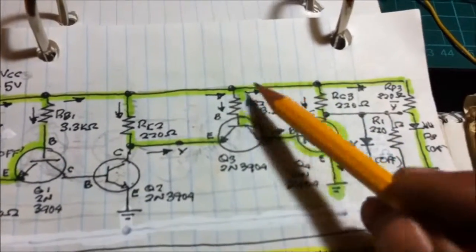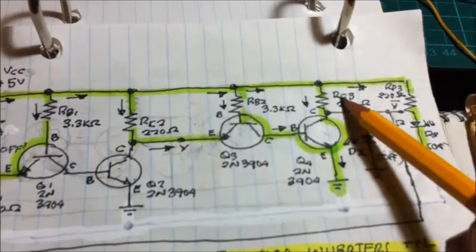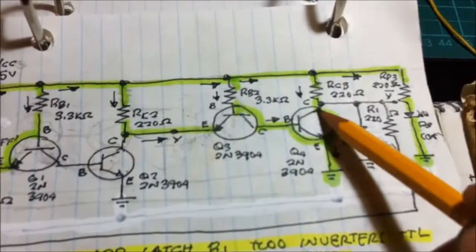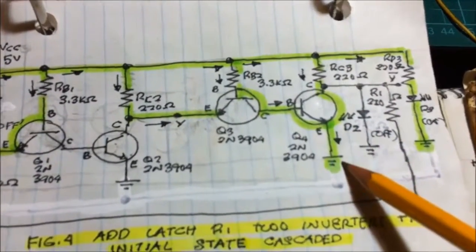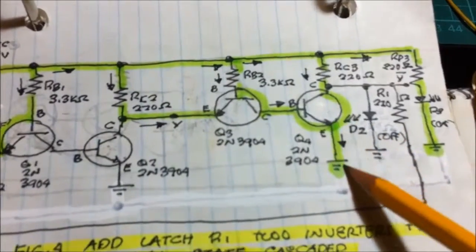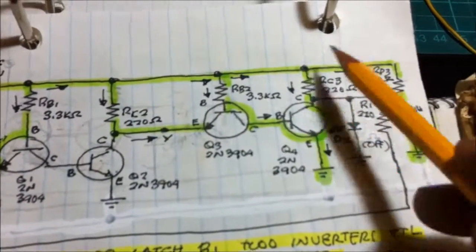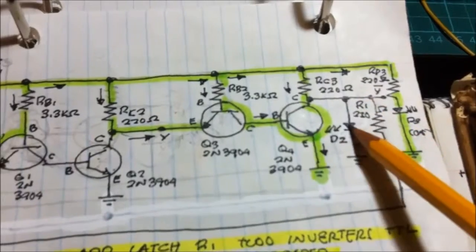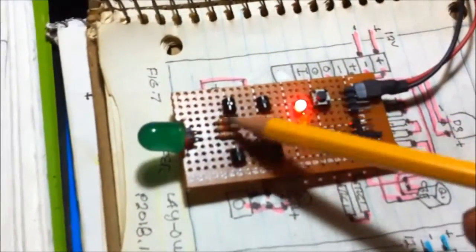Since this is turned on, the current now flows into the RC3, to the collector to emitter side of this transistor, and to the ground. This is shorted, so no current flows into the output. That's why there is no output